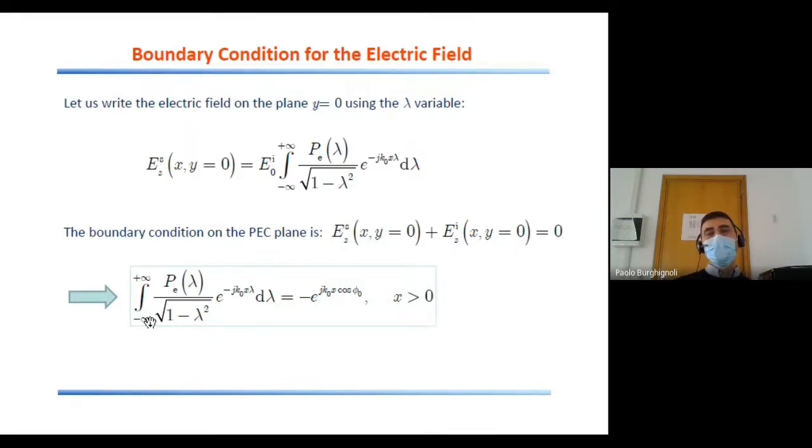So we will let the integral that we find in the scattered field, plus the exponential that characterizes the incident field, hold at any point, for any x larger than 0. That could also be equal to 0 actually. Okay, so this is an integral equation in which the unknown is the spectrum t sub e, and the right hand side